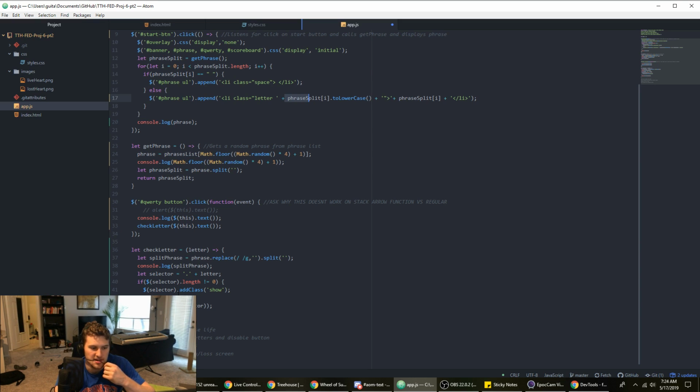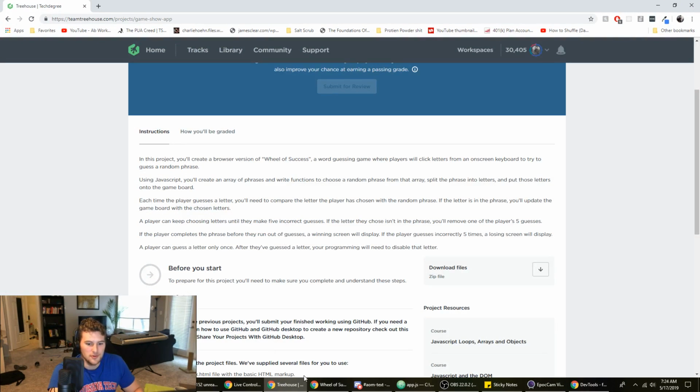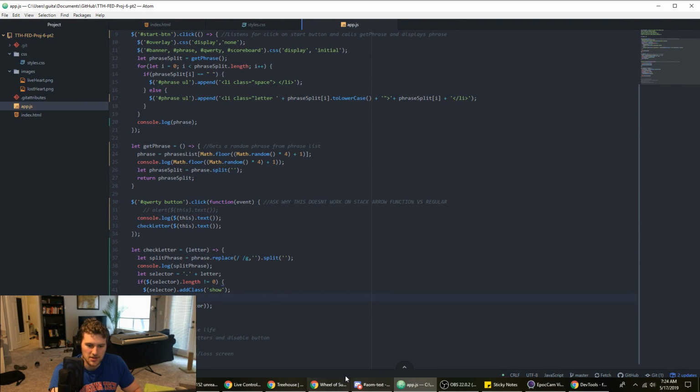We don't even have to with jQuery, actually. So it's going like, if, let's say like L. So if L.length not equal 0, then that means there's an L in the phrase. And then we select all the L's. And this will select them all for us since we're selecting a class now, not just the ID. And then jQuery will loop through them and add the class show for us. Because jQuery is smart. I need to learn why jQuery is slowly losing ground. Is it because of React and stuff, I think?